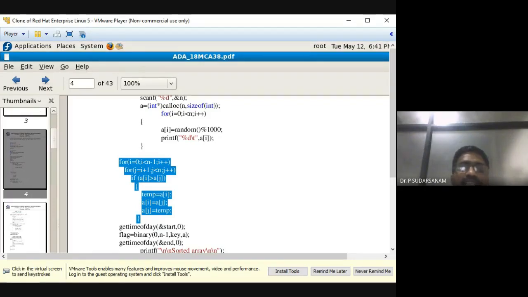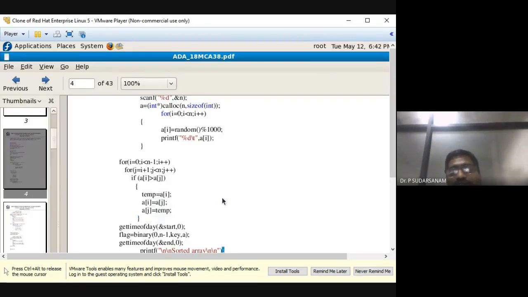So binary search and linear search, you have to do it separately. Do it as one A, one B. Binary search and linear search, do them separately. Same code. The only thing is you have to do the sorting before calling the function. Even if you want, you can take a screenshot from your system or your mobile.